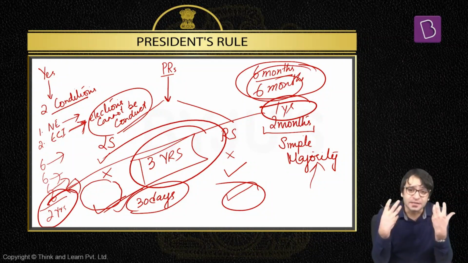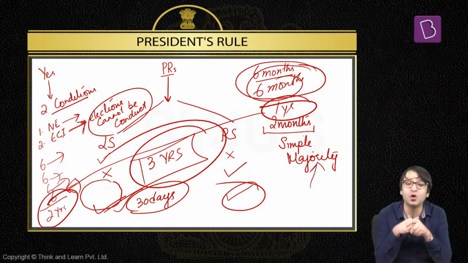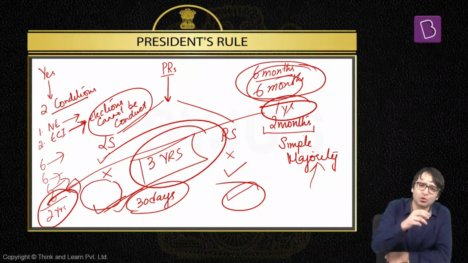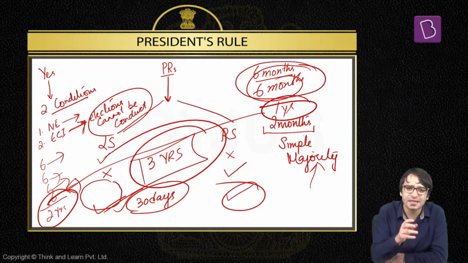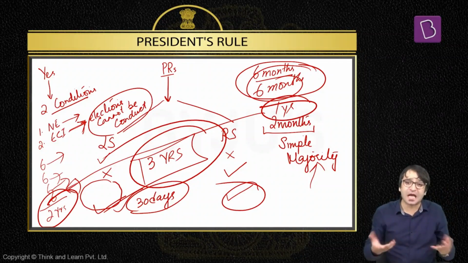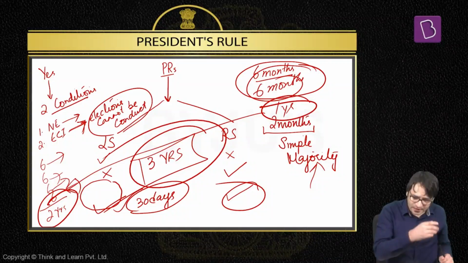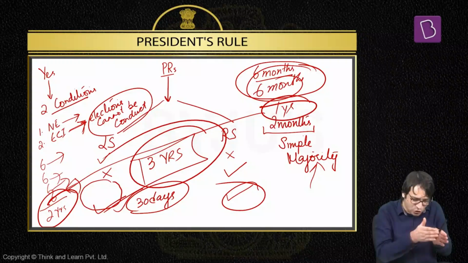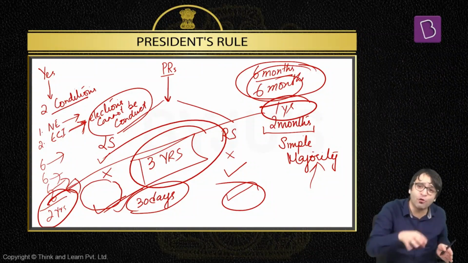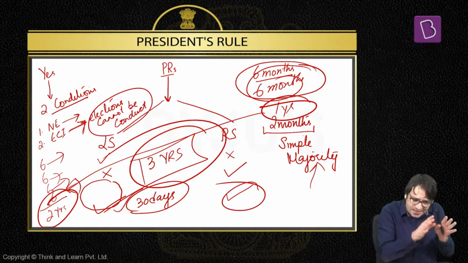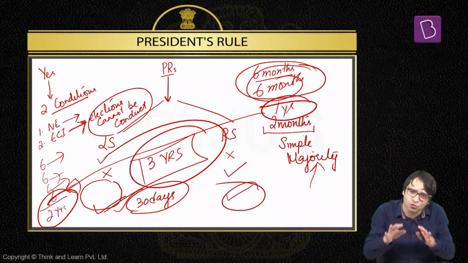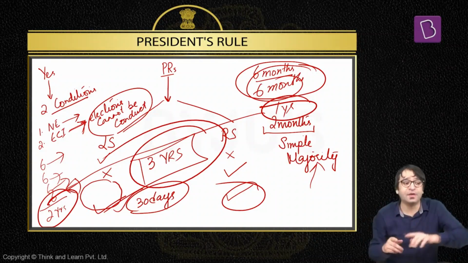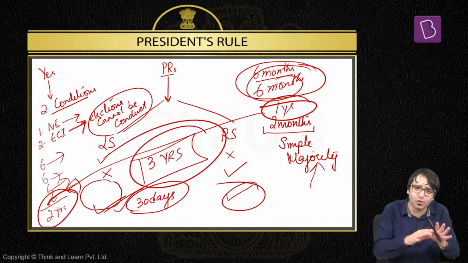But then what does Lakshmikant book mean when it says President's rule can be revoked by the President on his own? I tell you what must be going on in the minds of Mr. Lakshmikant when he wrote that book. When this phrase is used, it basically means that parliamentary approval is not required. Let's say, for example, national emergency. 1/10 of the members of Lok Sabha write to the Speaker or the President that we want a special sitting of Lok Sabha. We want to disapprove national emergency. Based on this resolution of Lok Sabha, President has to revoke national emergency. This kind of situation does not arise in case of a President's rule. That means President can revoke President's rule on his own, which means on the advice of the Cabinet, without any need of a parliamentary approval. That's what we call revocation of President's rule.